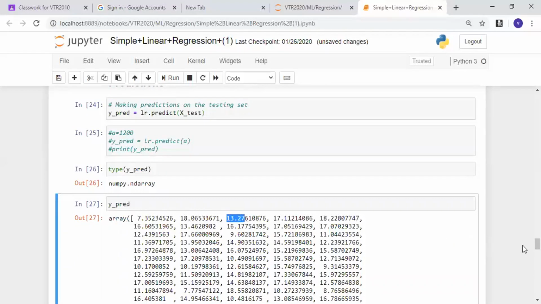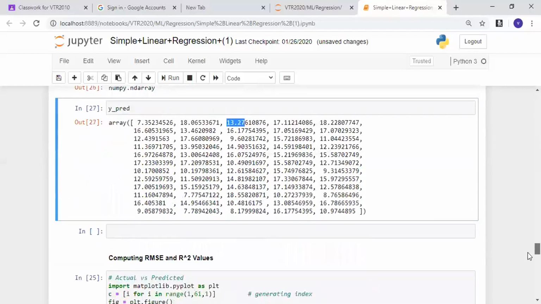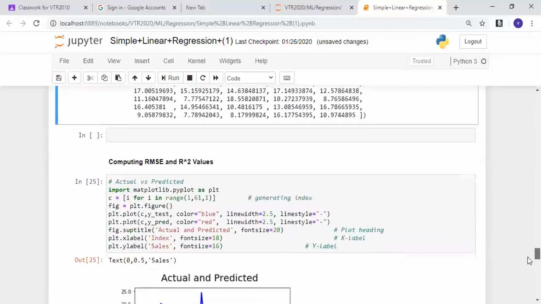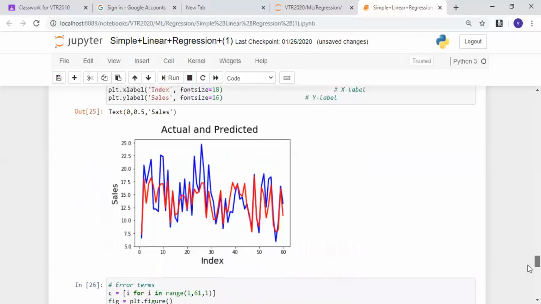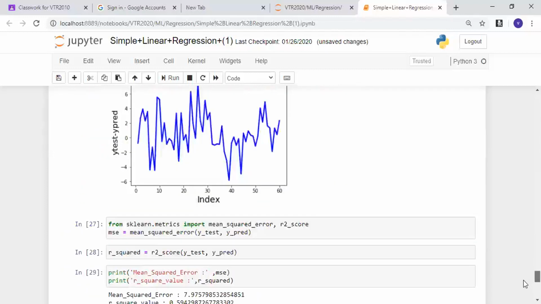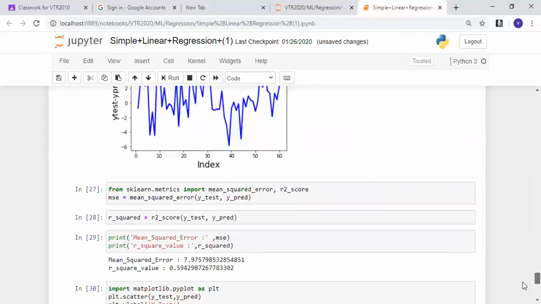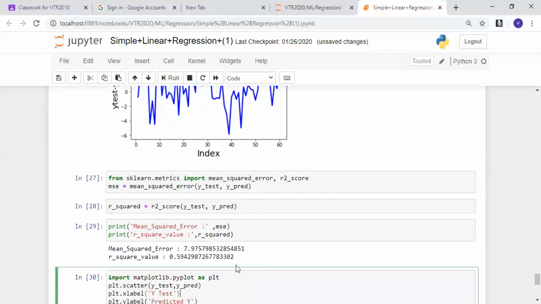That is to say, we keep on comparing the actual value and the predicted value like this. And later you can check the R square value. If I check the R square value, you'll get a performance metric, where in this case I'm getting the R square value as 0.59, which is nothing but about 60% efficiency. Your model is only 60% good, is what I mean to say here. So your further extension would be to increase the model performance. This is with respect to simple linear regression.